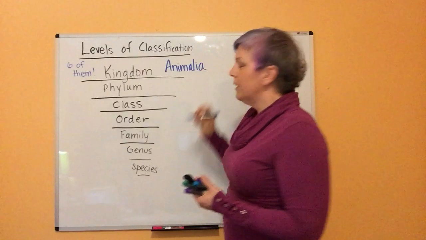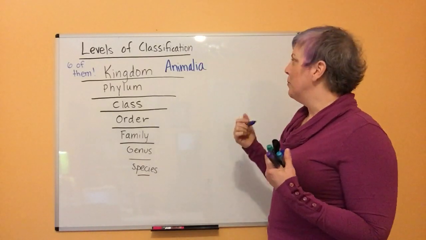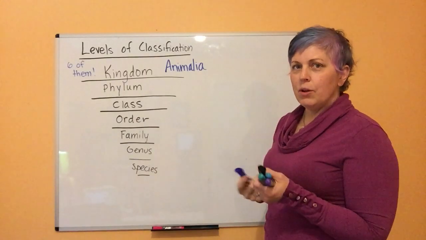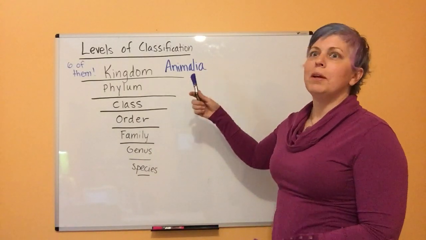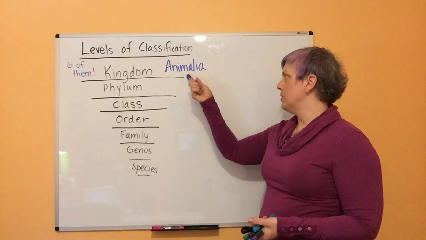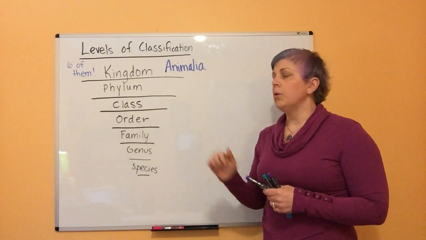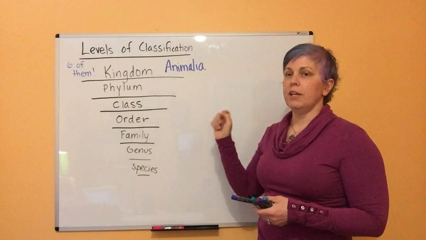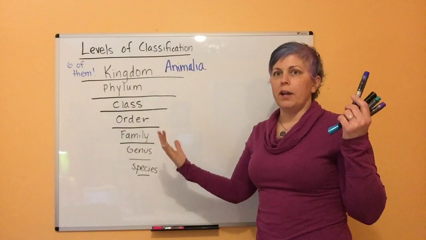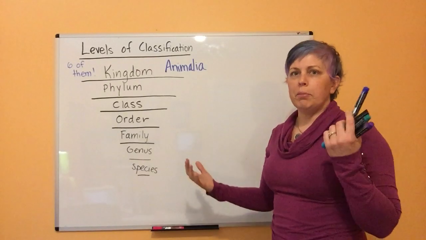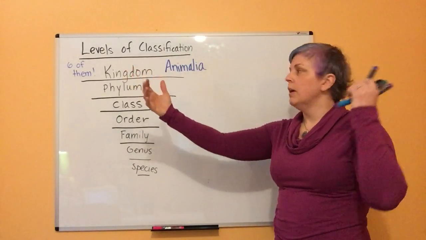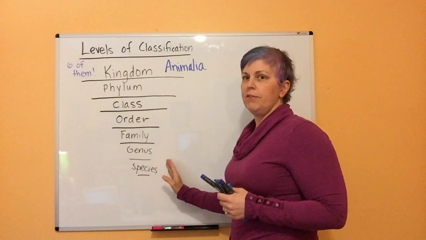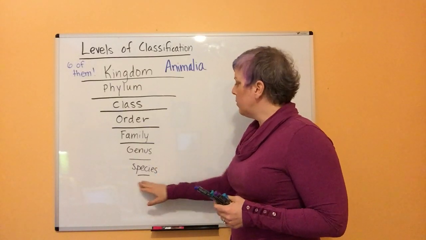Animalia. Can't just be animal, because when these classifications were being made, they were using Latin. So it is the animal kingdom, but in biology we call it Animalia. So this kingdom, this first top level of classifications, is very, very broad. It includes every single animal on the planet, okay? Super duper broad. And as you move down, it becomes more and more specific, where the bottom one is the